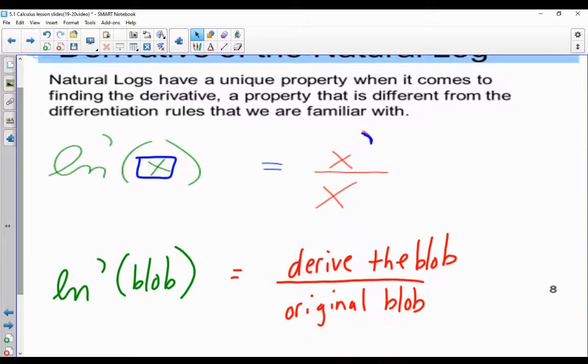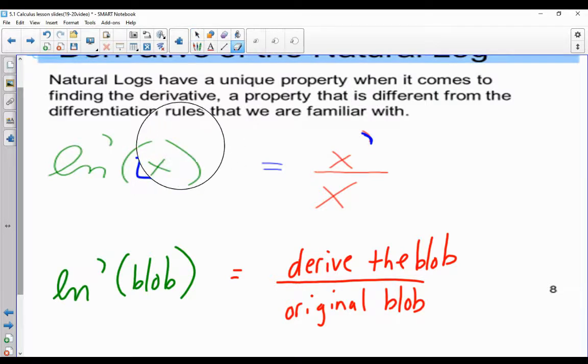So basically, anytime you need to derive natural logs, they have a unique property when it comes to finding the derivative. A property that's different from differential rules that we are familiar with. But anyway,